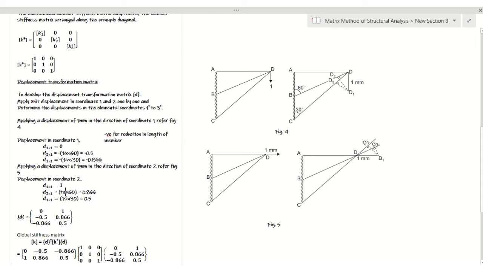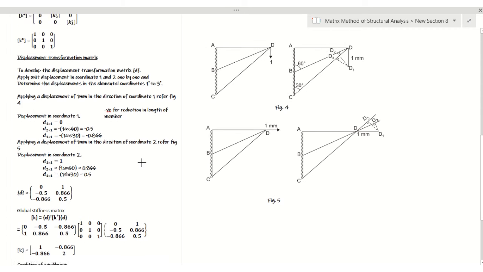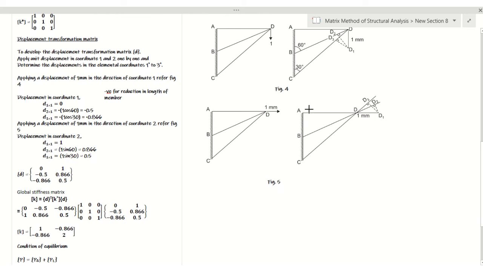Now coming to the second global coordinate, I'll apply unit displacement in the second global coordinate like this. This is my second global coordinate. A unit displacement has been applied here. Due to that, what will be the displacements in member AD,